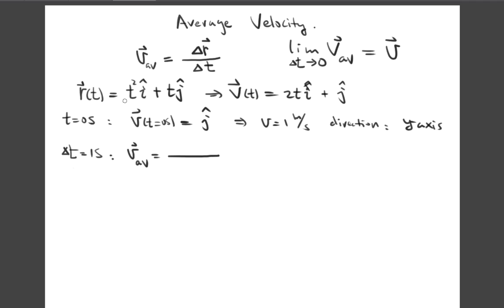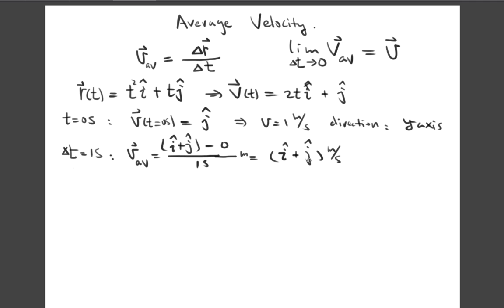And at t equals 1 second, we get i hat plus j hat minus 0, divided by the time interval of 1 second. So we get i hat plus j hat